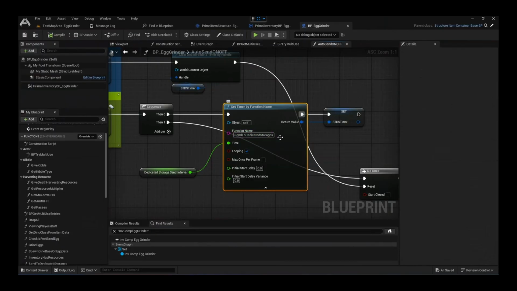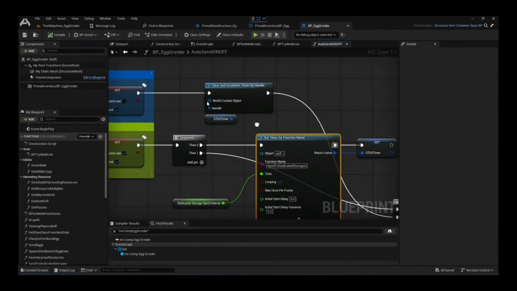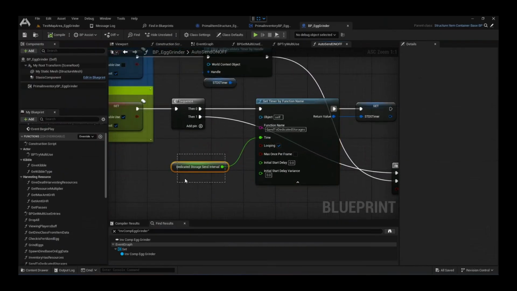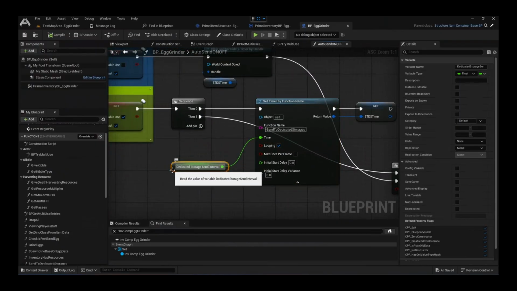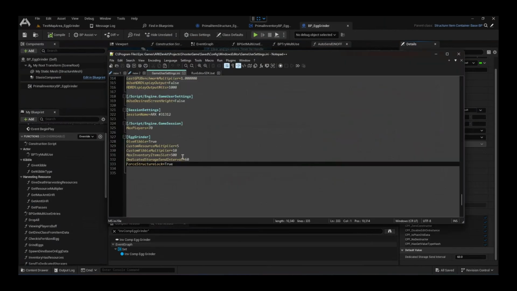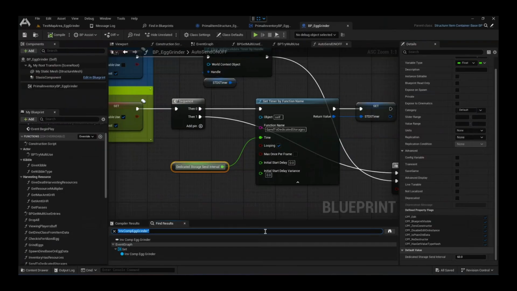Send to dedicated storages. That's the function of sending all items, and it's looping. I put this in config: dedicated storage send interval. The default one is 1 minute, but in the config, you know this one,